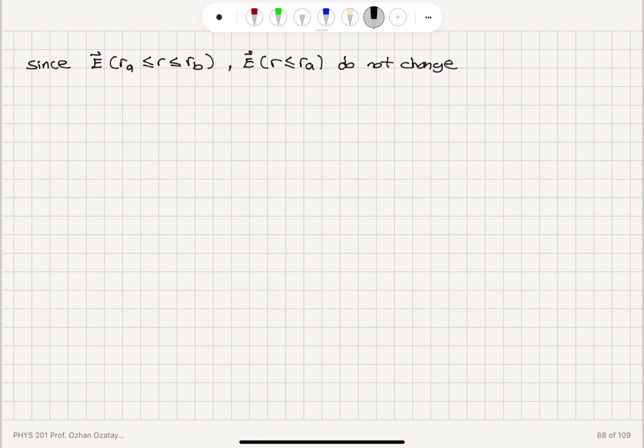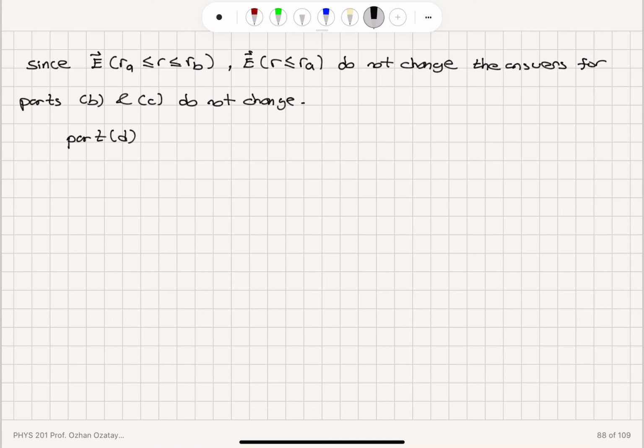The answers for parts B and C do not change. But the answer for part D,